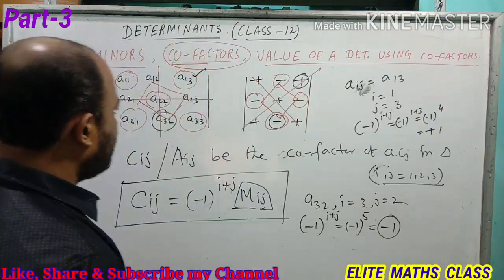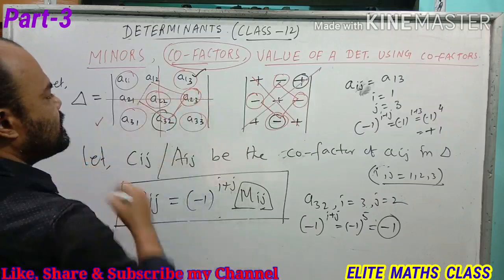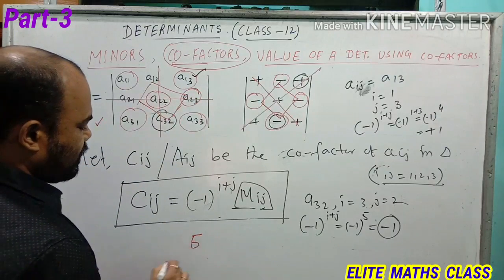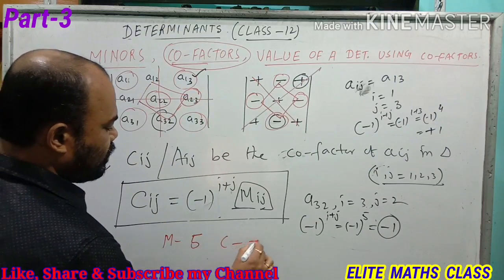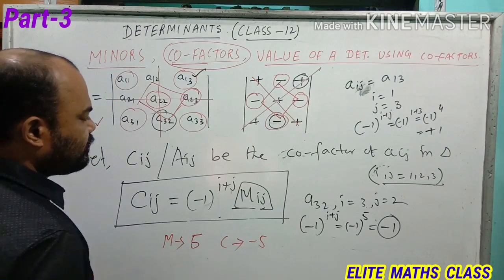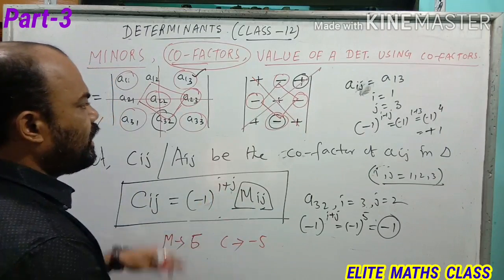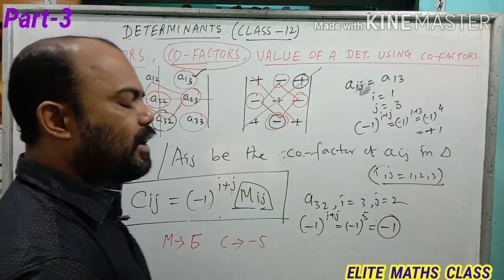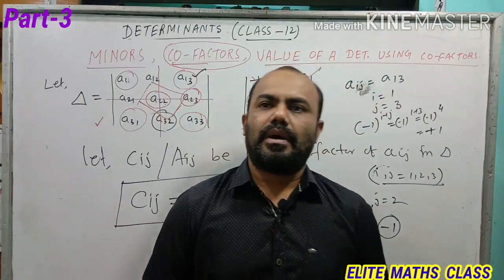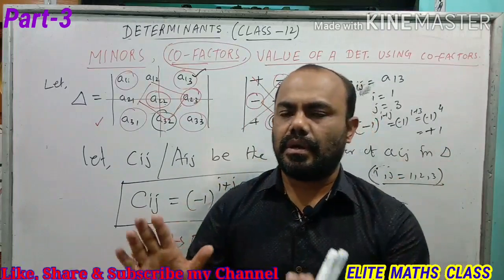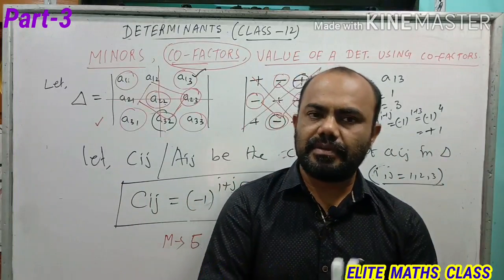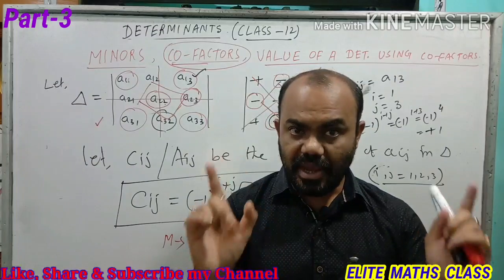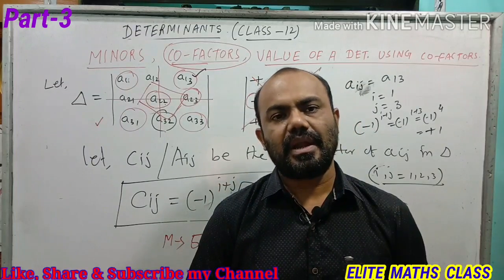So for example, if this element's minor is 5, then its cofactor will be minus 5. I am coming to an example. So these are the minors and cofactors. This is the definition of cofactors, from the rule of sign: whose signs are positive, their minors and cofactors are the same, and whose signs are negative, their cofactors are of opposite sign